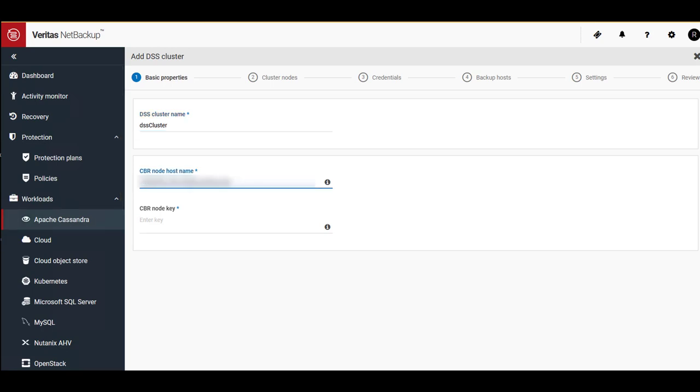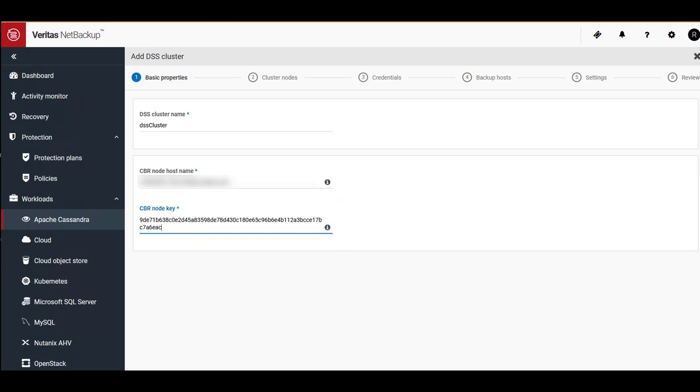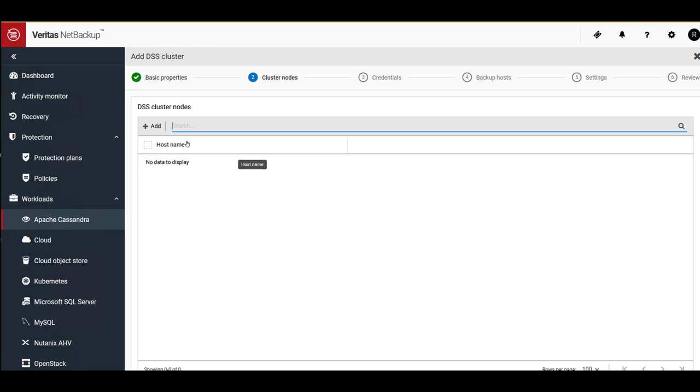We need to provide the CBR node hostname. CBR stands for Cassandra Backup and Restore. If you click on the i next to each field, it shows the details for the field. If you click on this i, it will give you the command which needs to be run on your CBR node to get this RSA key, and click on Next.